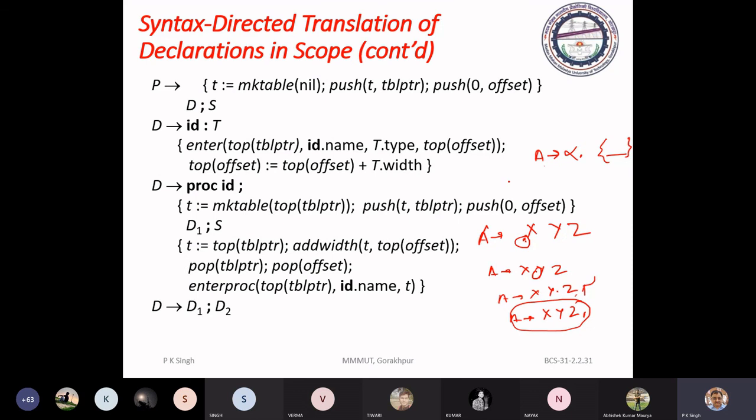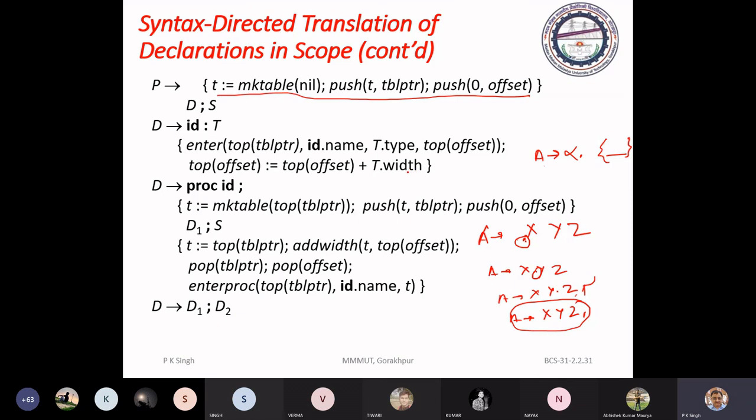In this case, we have used it. So here you can write a semantic action. It means before entering into the parsing of various language constructs of the program, first it will create a table in the memory and keep the record of that table in the stack.